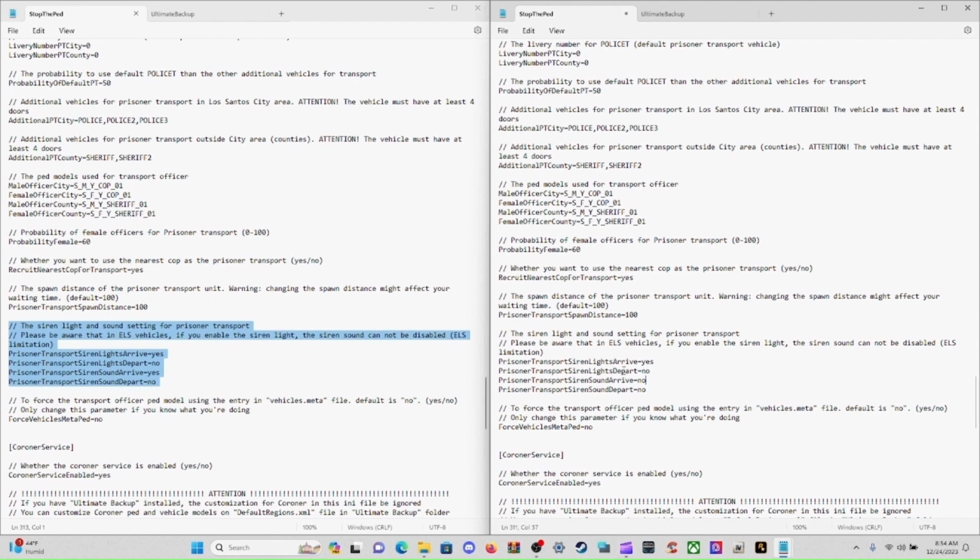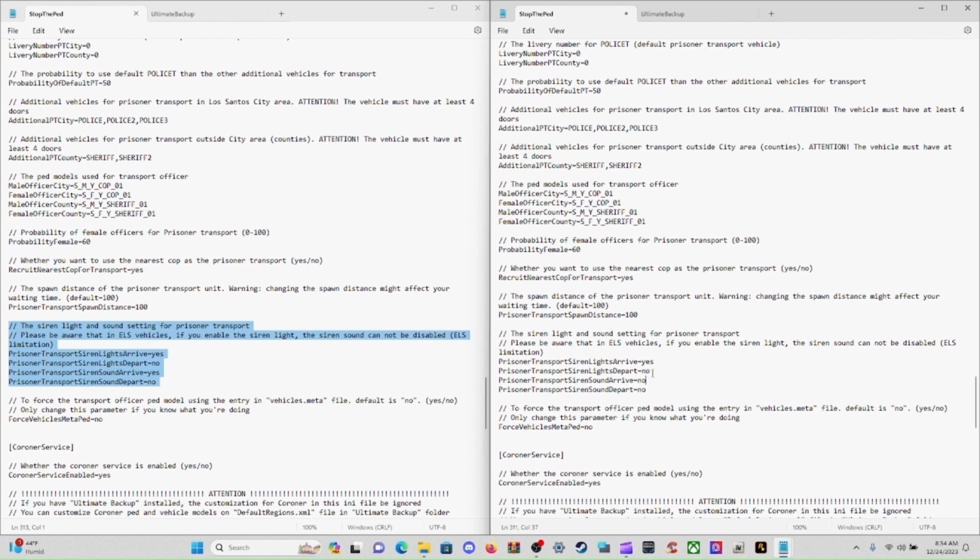So that means they're going to come in with lights and siren when they arrive on scene. Leave that as yes. But down here where it says prisoner transport siren lights depart,